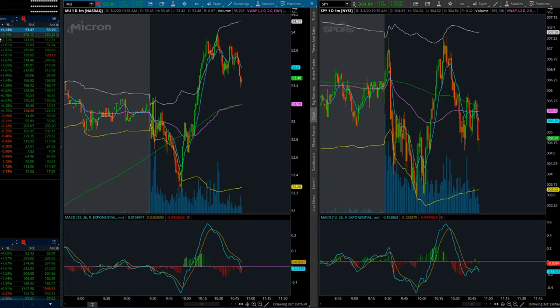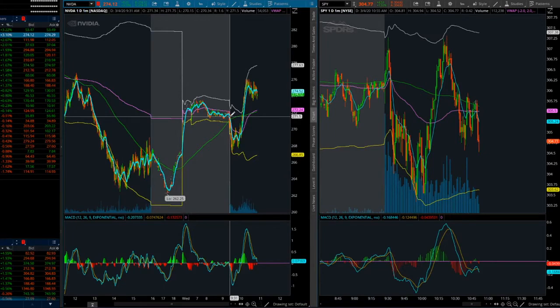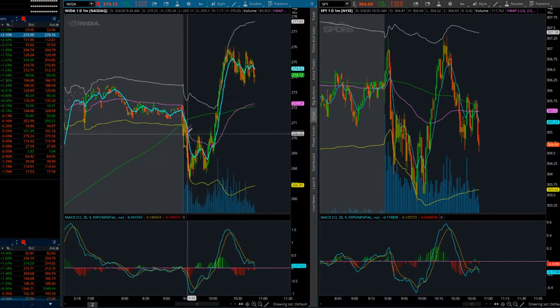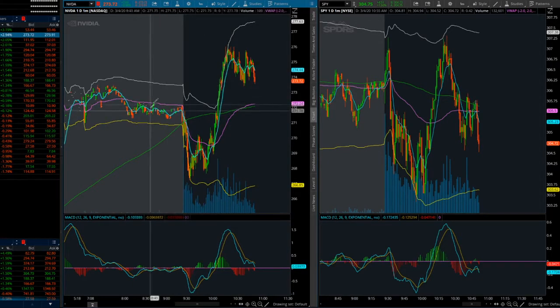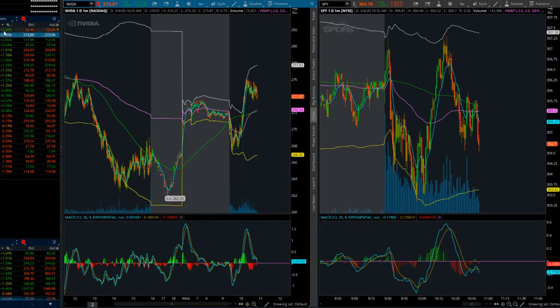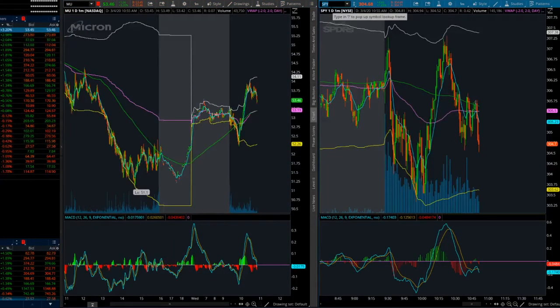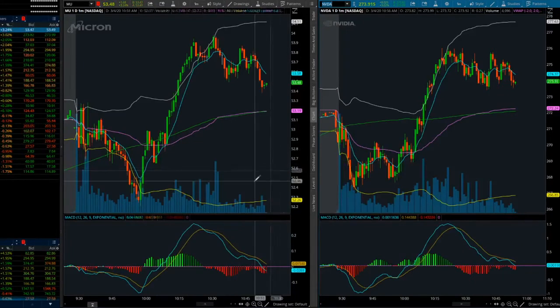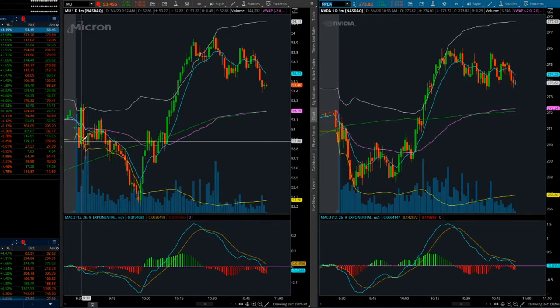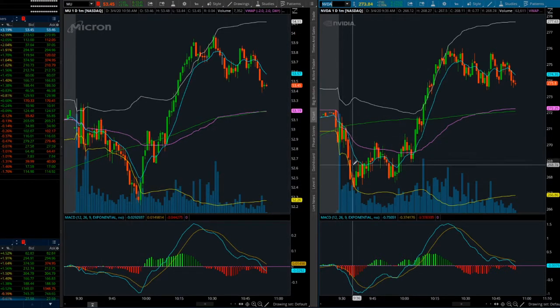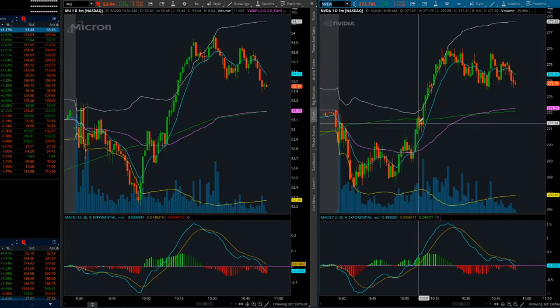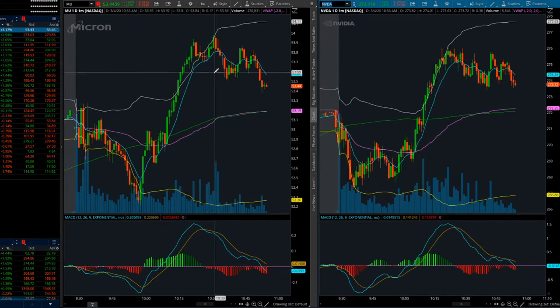And along with Micron, we have NVIDIA, which is a somewhat similar company. And the same thing is kind of going on here. They shot up a good bit past where they were in the pre-market, especially when you consider all the way up to here. And if we look at their charts, they do look pretty similar. If we pull up NVIDIA right here, the Micron and NVIDIA chart looks pretty similar. Obviously, in the morning, Micron was a little stronger, and then it died out while NVIDIA had died out earlier and then kind of consolidated. But then at around 10 o'clock, both of these companies shoot way up, and as of recently, their patterns are